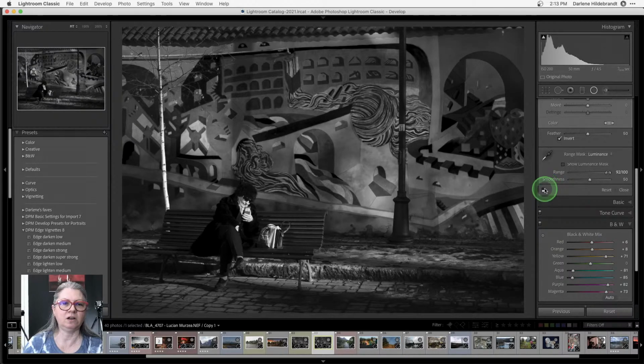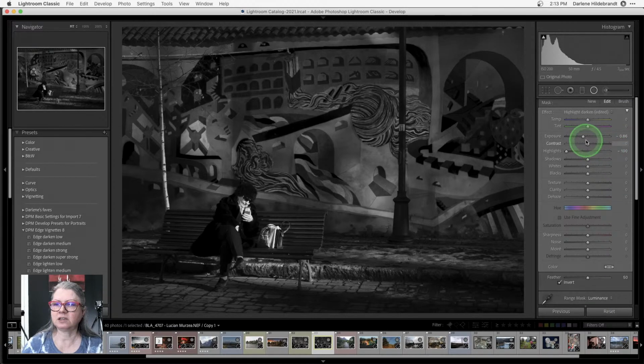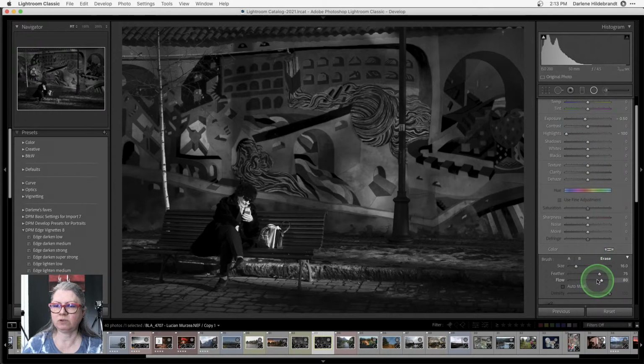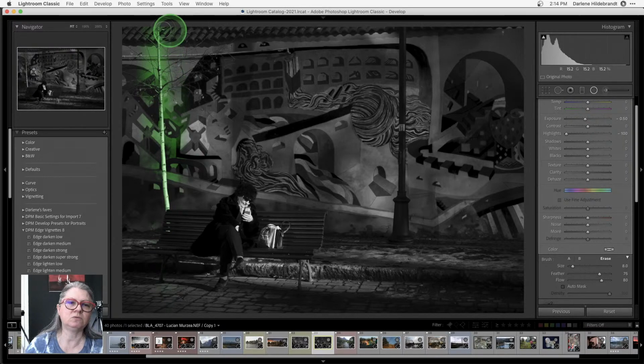So if I turn that off, it's still applying a little bit outside the tree. If that's the case, I could probably just mask that one a little bit with a brush or just paint it out. I'll make sure I get erase. Smaller brush. Now, if I was doing this, I would probably zoom in a lot closer. Right? Turn on my mask so I can see where I'm painting, because I don't want to hit the tree. So I'm trying to just get rid of the stuff that's green next to the tree, but not paint over the tree.